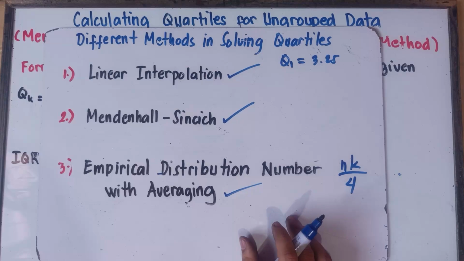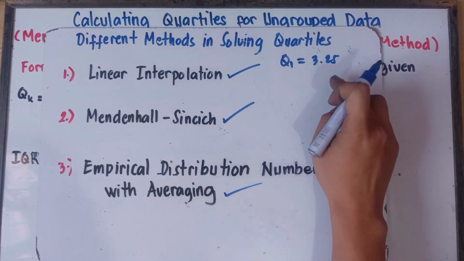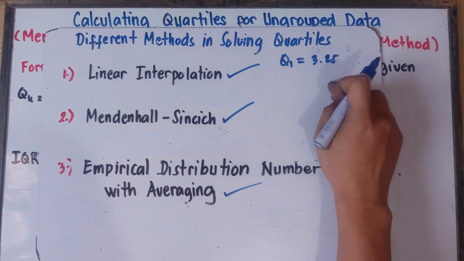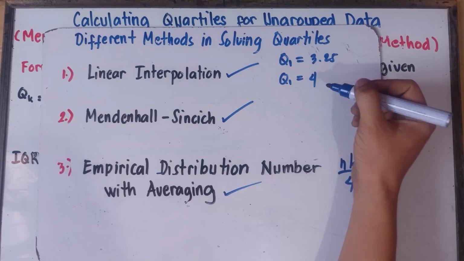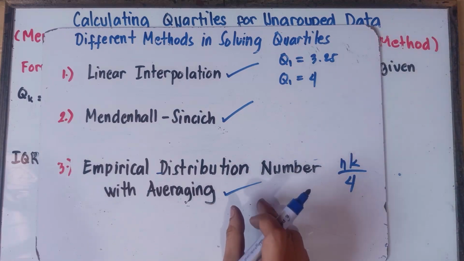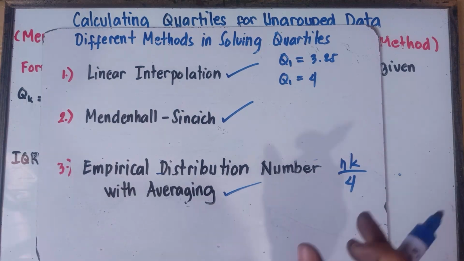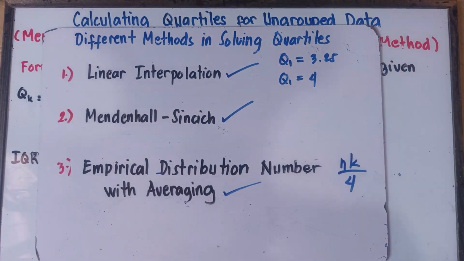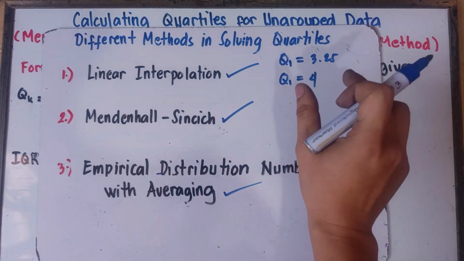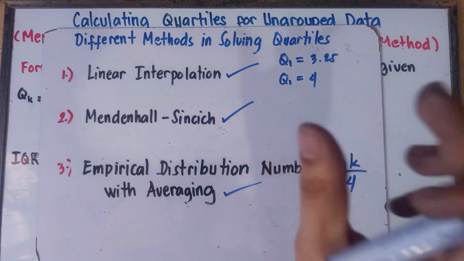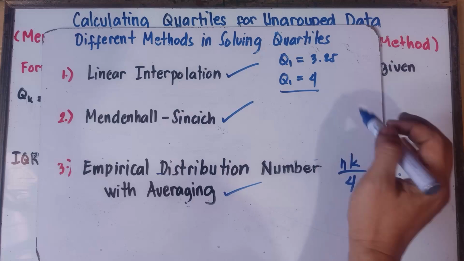The rule here, class, with regards to empirical distribution, is that you always round up to the nearest whole number if your answer contains a decimal. Therefore, quartile 1 will be 4. Now, of course, class, this is not yet the answer, because quartiles are measures of position. Once again, quartiles are measures of position. If your answer for quartile 1 is 4...